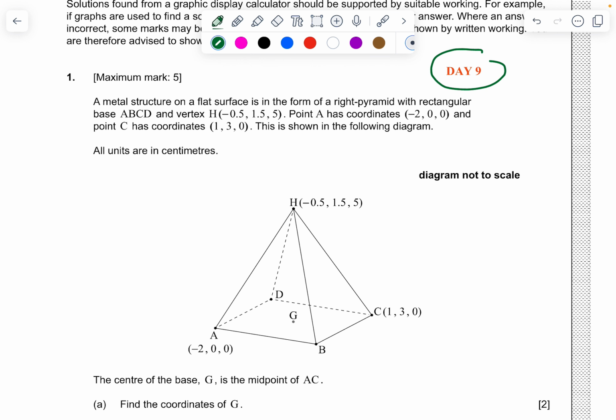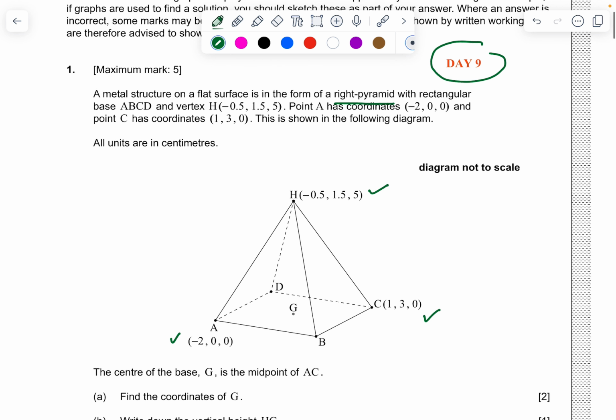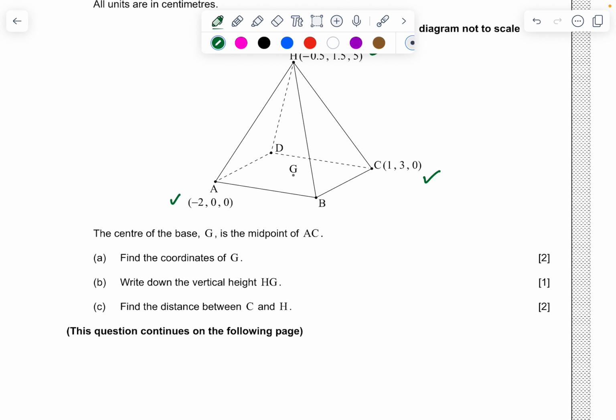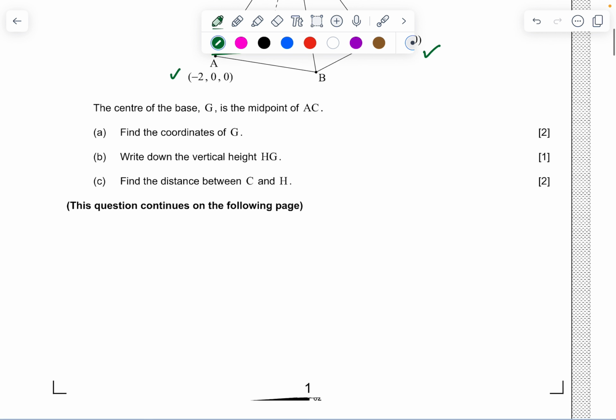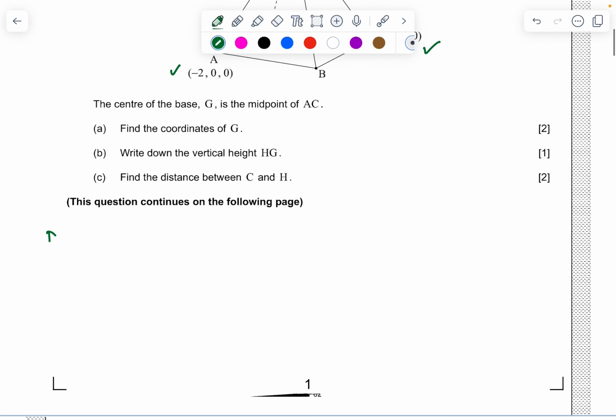What is it telling? A metal structure on a flat surface is in the form of a right pyramid with rectangular base ABCD. Vertex is given. The point A has a coordinate and point C has its coordinate. Then the center of the base G is a midpoint of AC. Find the coordinates. So midpoint